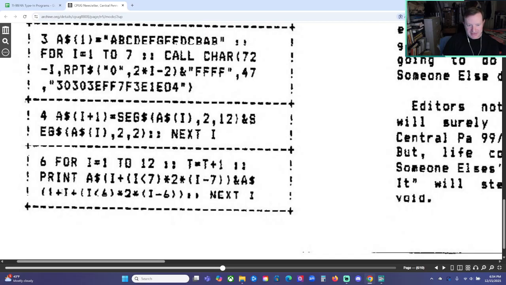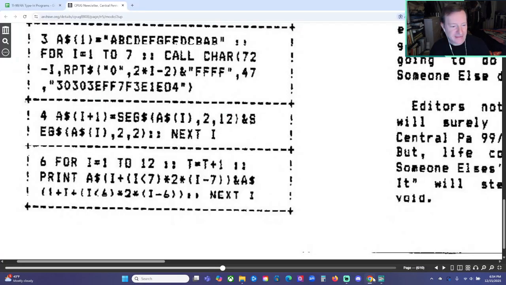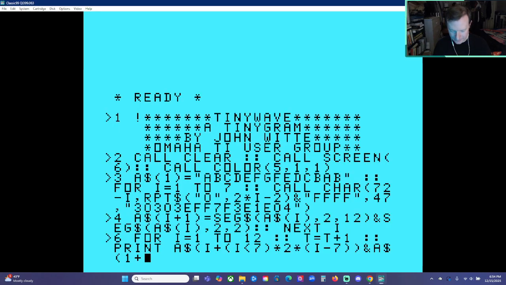Ooh, tricky, tricky, tricky, because this one's I plus. To me it looks more like a 1, doesn't it? I'll try it with a 1, and if it doesn't look right, we'll go back and do it with an I. It's really hard to tell, and I don't know what this program's supposed to look like. So 1 plus I